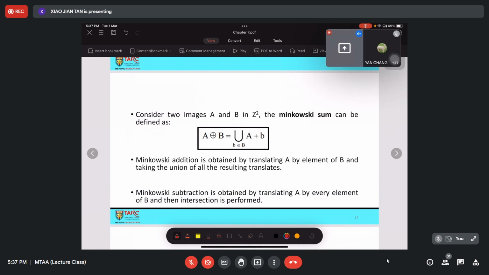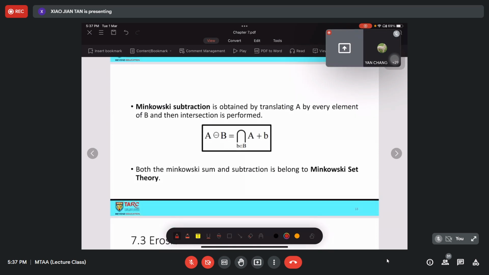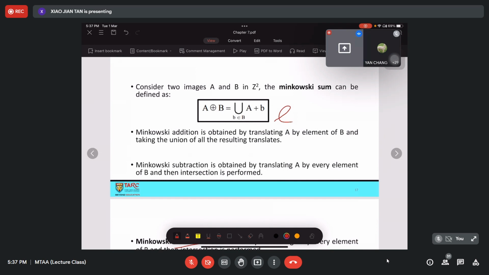The Minkowski sum can be defined as this. Don't worry, you don't need to memorize this. Minkowski addition is obtained by translating A by elements of B and taking the union of all the resulting translates. Minkowski subtraction is obtained by translating A by every element of B and an intersection is performed. So this is subtraction and this is sum.